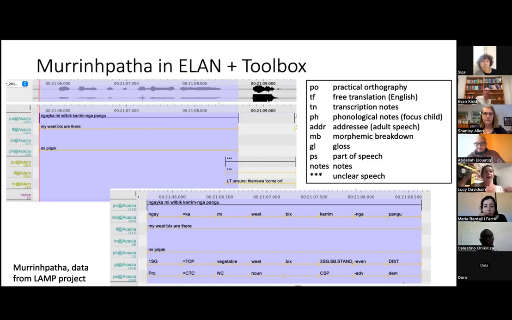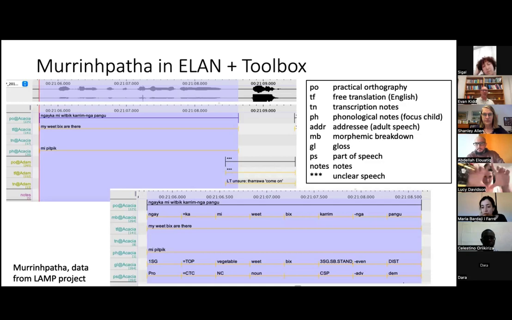With verbs, we don't do this. It's for nouns that we were very, very clear about, and I'm not suggesting this is best practice, but it's good for discussion. Then in the phonological notes, we put what the child actually said. This is only when we're really sure that that is what they're saying. Down the bottom